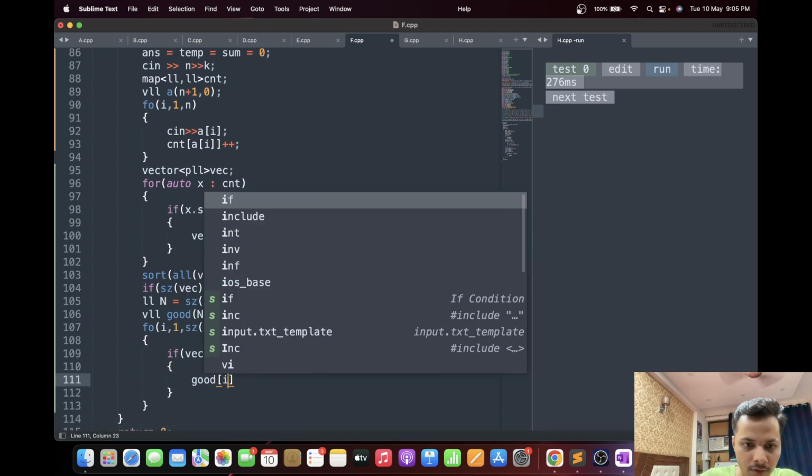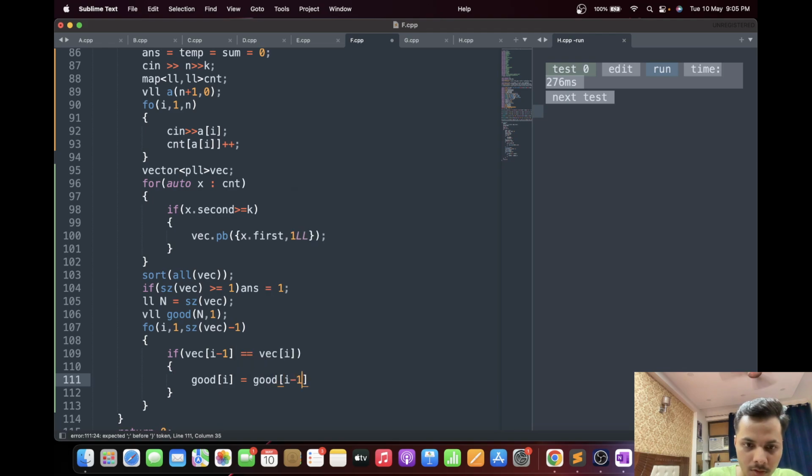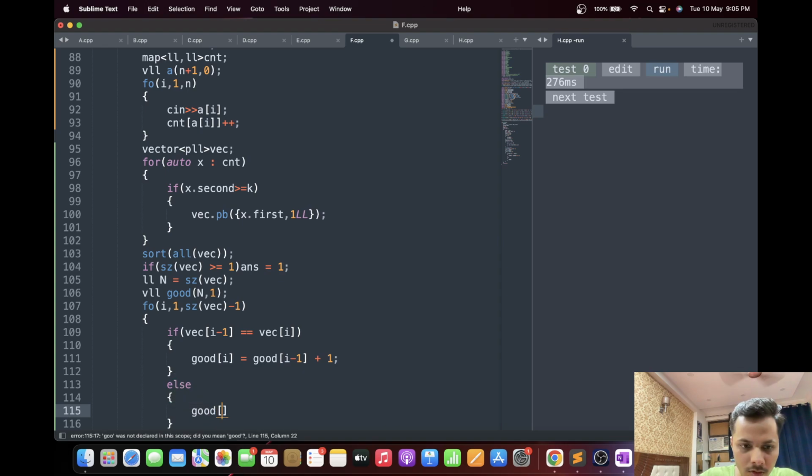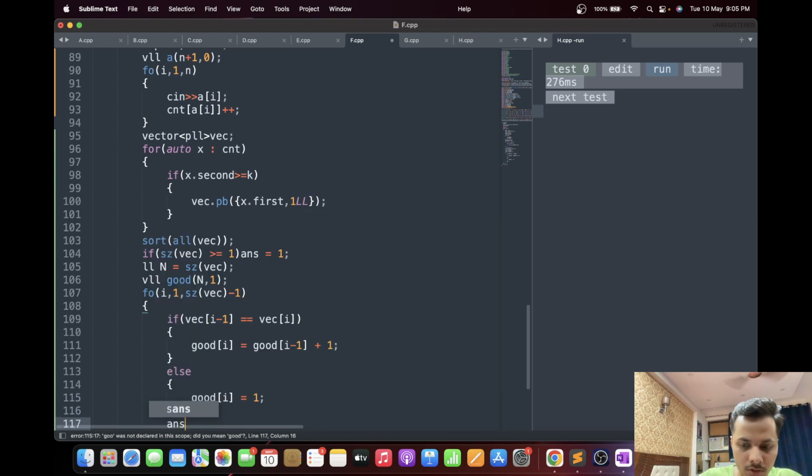Then we'll have good of I equal to good of I minus 1 plus 1, else good of I will just be equal to 1. Answer is max of answer and good of I. Hopefully this will work.